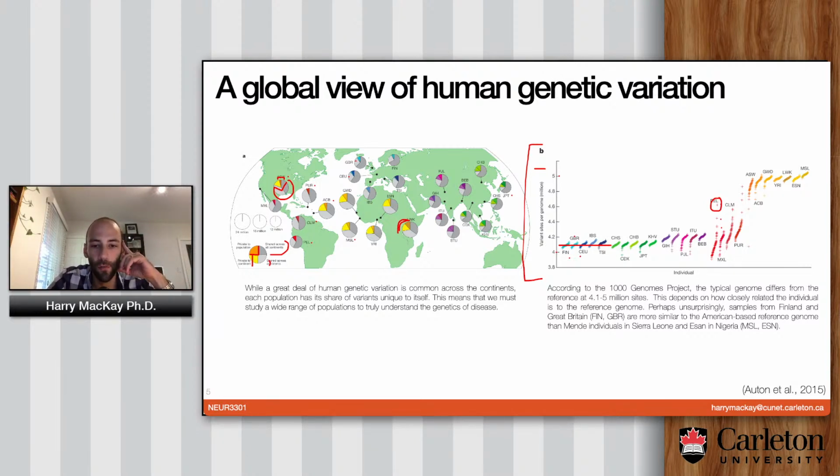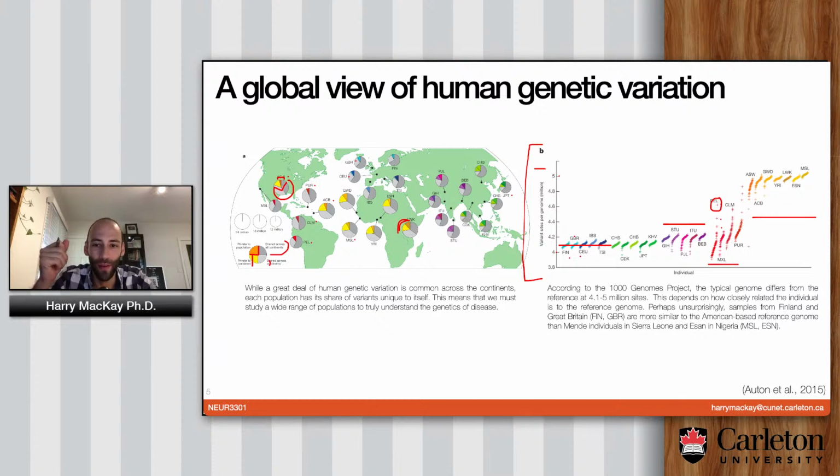As you move further and further away to Africa and Asia, what you'll see is that people in those populations are much more different from the reference than people from Western Europe. This is not surprising, I suppose, because it's very clear that they're coming from a different population and they have a different background and a different history. And naturally, they're going to have more genetic variation relative to the reference genome than the people who essentially made up the reference genome.